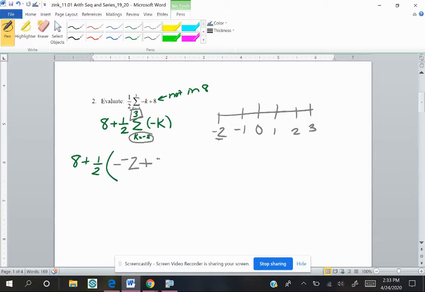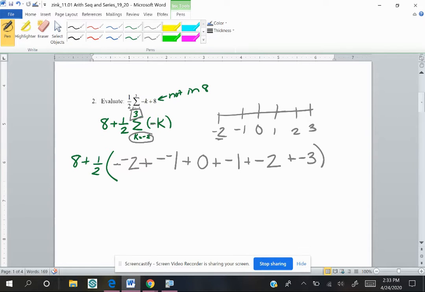So I'm going to have a -1. Plus, after -1 is 0. That's just going to be -0, but we know 0 doesn't have a sign, so I'm just going to leave it plus 0. Plus, now I have -1, because I'm subbing in a +1 in for k, but there's a negative out in the front. Plus, -2. Plus, -3. And I did a plus and negative, got a lot of signs going on here,